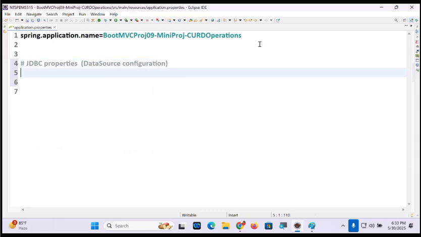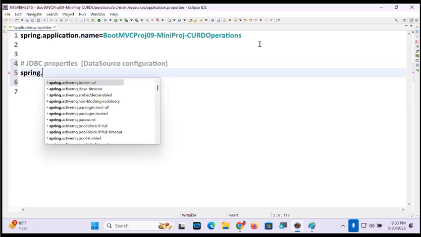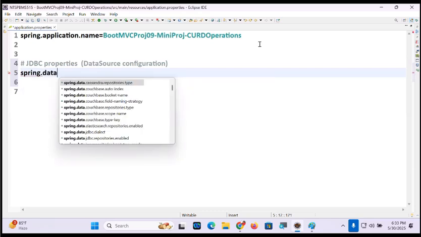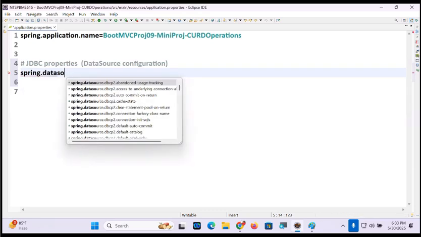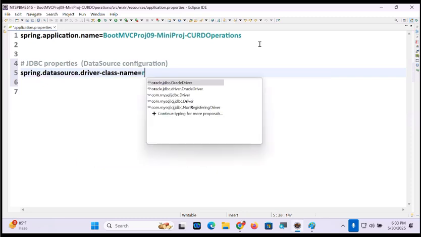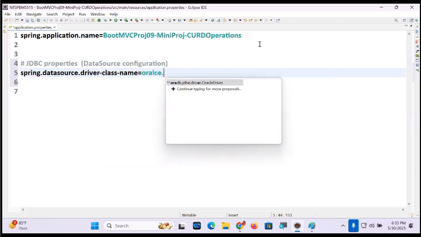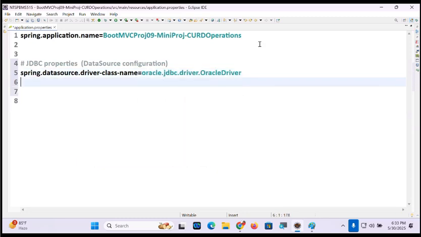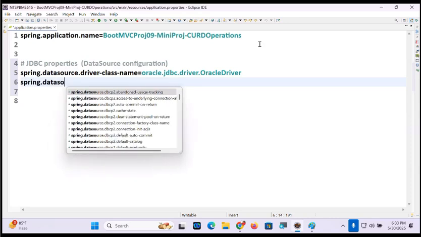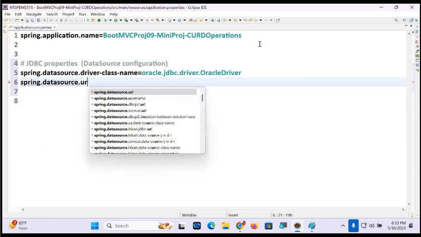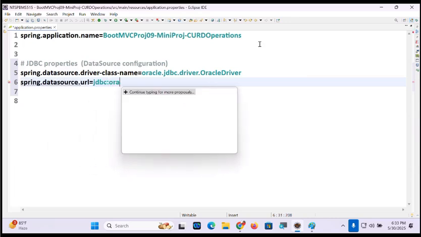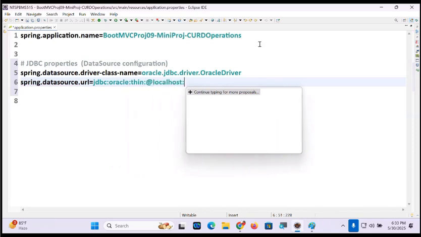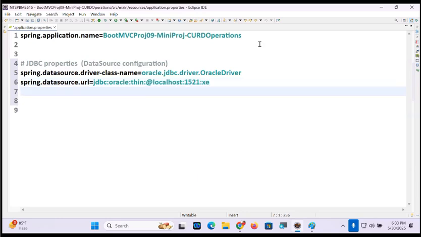Spring dot data source dot driver class, Oracle dot JDBC dot driver. Data source dot URL, JDBC colon Oracle colon @ localhost colon 1521 colon XE.